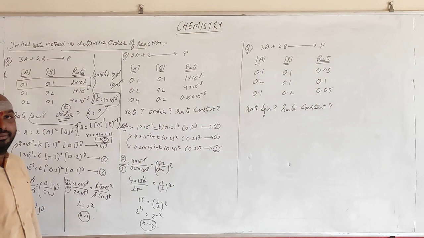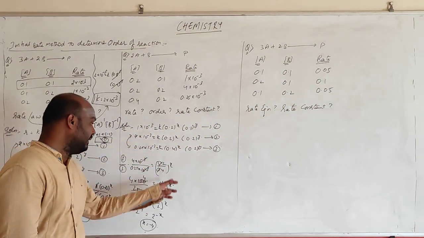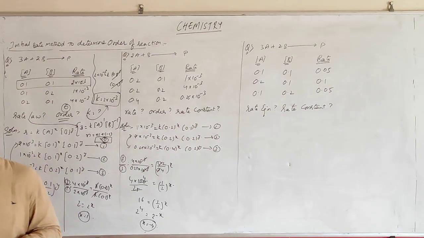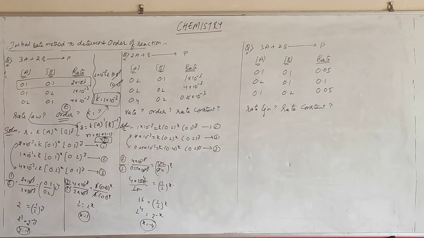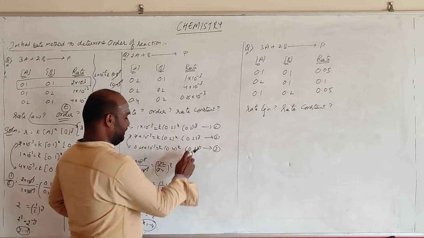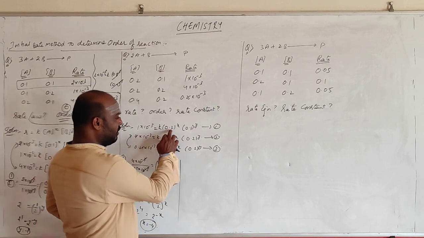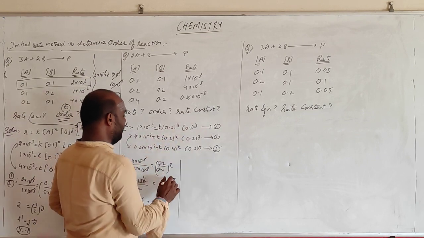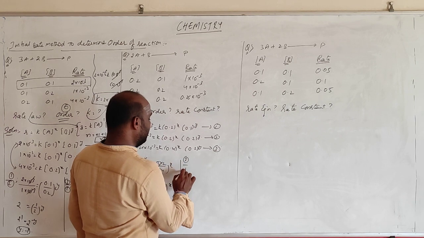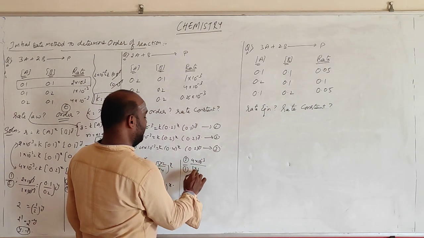Is it clear? Are you getting me? So in the same way, try to solve for y also. If you want to solve y, you need a common thing, which is x. x is common, meaning in these two x is common. So you will go for the 1 and 2 equations. You can take 2 by 1. 4 × 10^-3 by 1 × 10^-3.